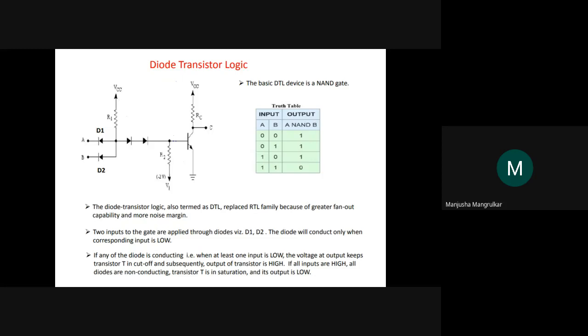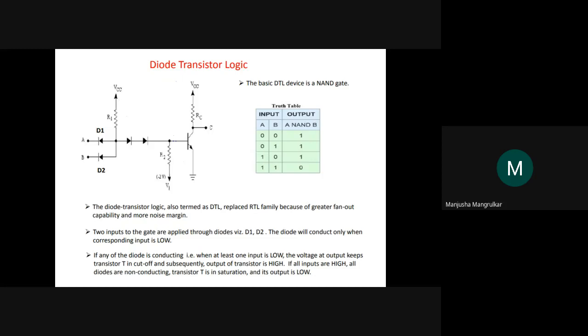So that is called, and it minimizes the transistors, right? It increases the diodes. If it is a two input NAND gate logic family circuit, it has two diodes. If it is a three input, one more diode is connected. So instead of transistors, it uses diodes. So this is the diode transistor logic, right?